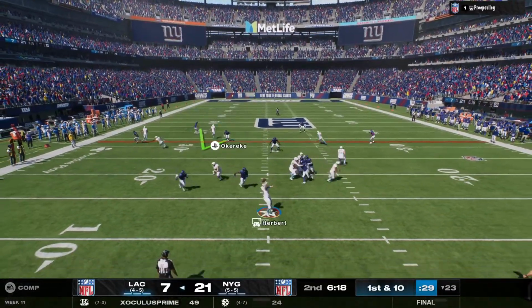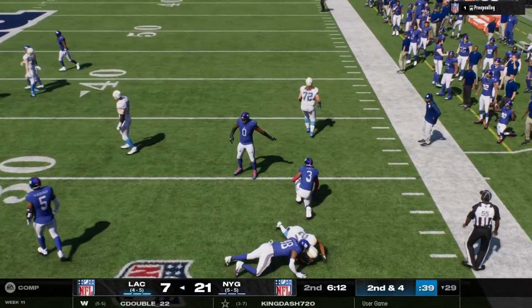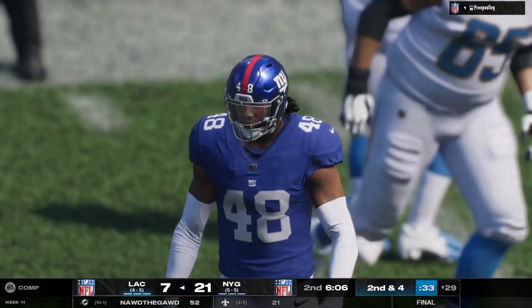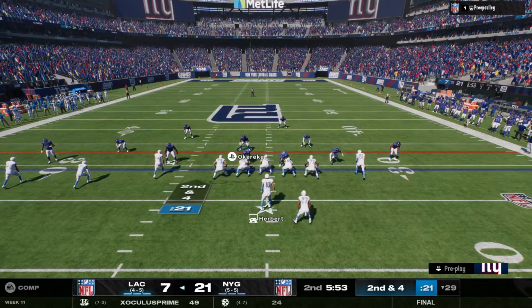To throw is Herbert. Rush comes. They're setting up the screen. And he's brought down after a gain of 6 on first down. You see so many teams wait till third down to execute their screen game, but I like in this case the play caller changes things up. He uses the screen game on first